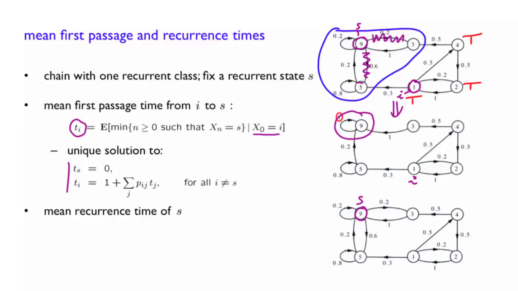Here again, we don't know for sure. It's a random variable, and we are interested in the expectation of that random variable. In other words, in the expected number of steps it takes in order to get back to 9 once you are in 9. And this is what we mean by the mean recurrence time of s. And mathematically, this is what it is. It is almost the same formula as the one that you had here, except that here you have n greater than or equal to 1 as opposed to n greater than or equal to 0. It simply means that you're not interested in the first time that you are in s, because you start from s. So you want to have n greater than or equal to 1. n equals 0 would not work; T_s star would have been 0.